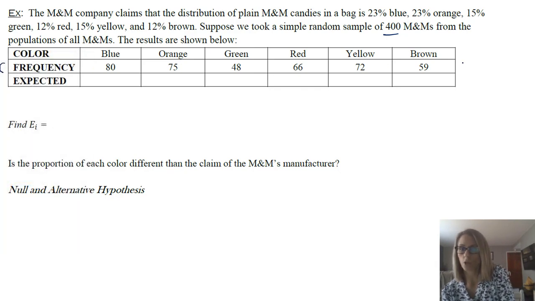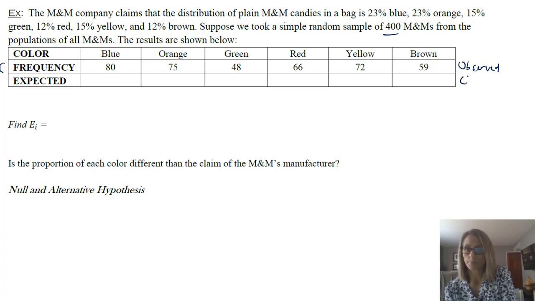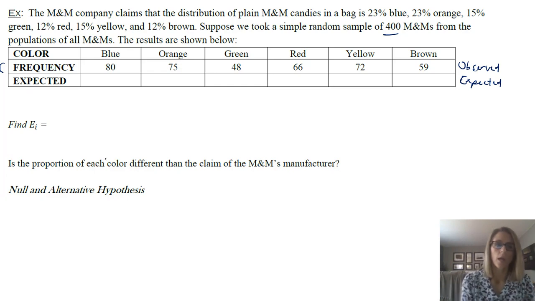So they took the 400 M&Ms and they just looked at how many of each color there were. That was the observed because all they did was observe it. Now, when we talk about expected, which is obviously what it says over here on the left-hand side as well, the expected would be if we